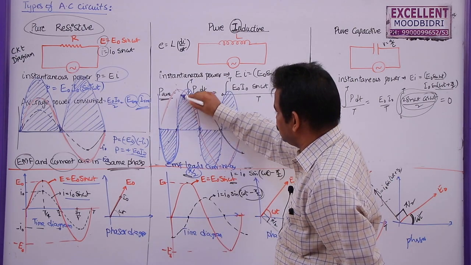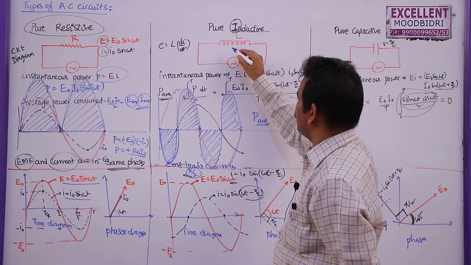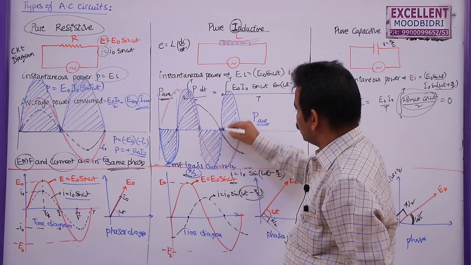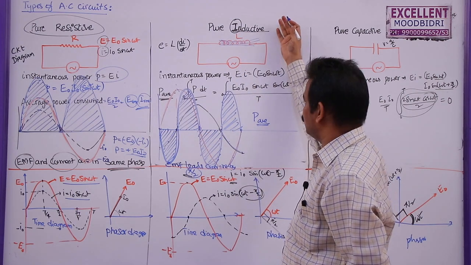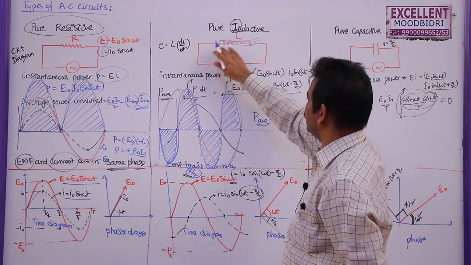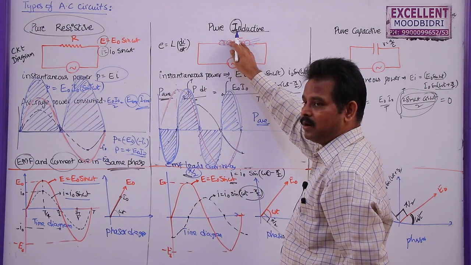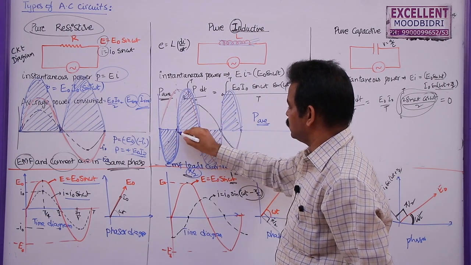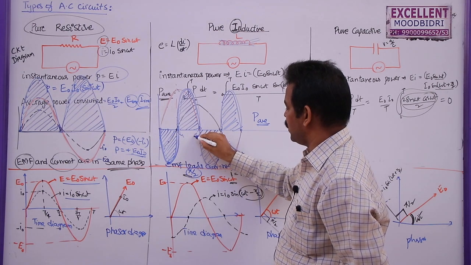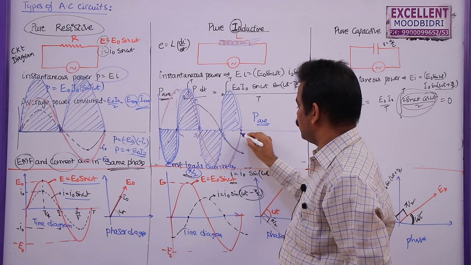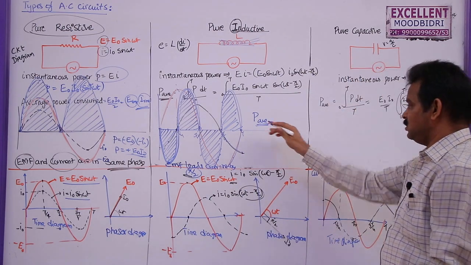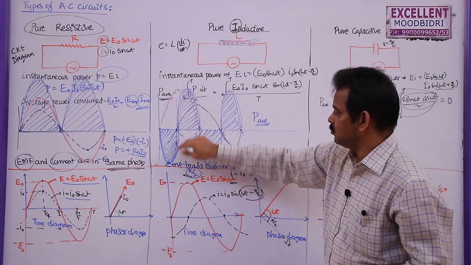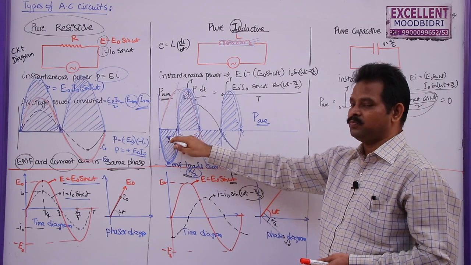So when the power is said to be positive, that means energy will be given to this one in the form of magnetic field, and when it is negative, this energy will be given by the magnetic field to the circuit, and when it is positive, once again power will be given to this one. That means power will be given to this magnetic field and power will be given by the magnetic field, and it varies for every T by 4. This is T by 4, this is 2T by 4 or T by 2, this is 3T by 4, this is T. So now this is the variation of power here. Total power for the complete cycle will be 0. Even for the half cycle also total power consumed will be 0 here. But for 1/4 of a cycle either it is positive or negative.